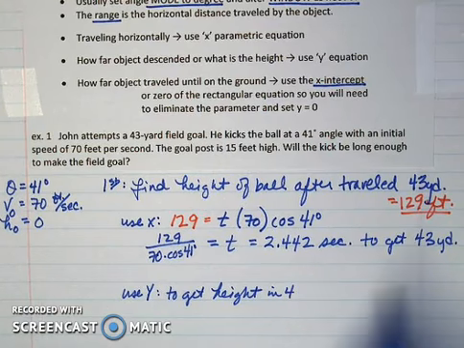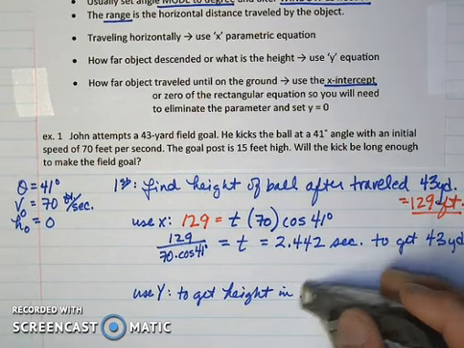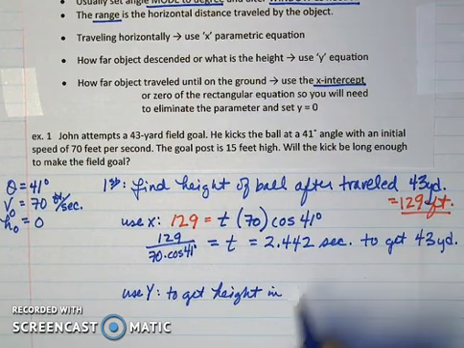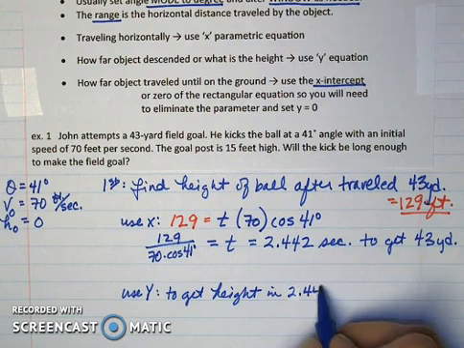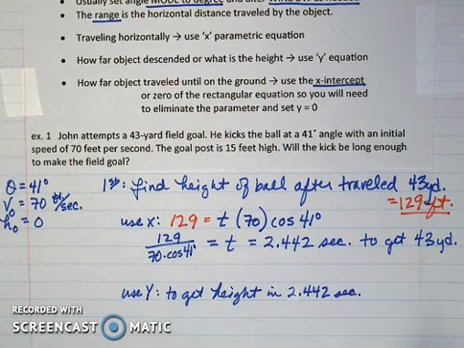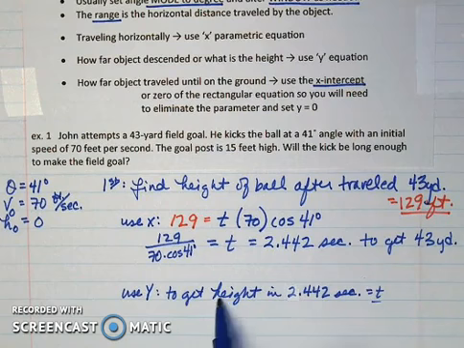Let me do that. I meant to say 2 and I wrote 4. I hate it when that happens. 2.442 seconds. So I'm simply going to plug that in for t into my y equation because I'm getting a height. So I have y equals,